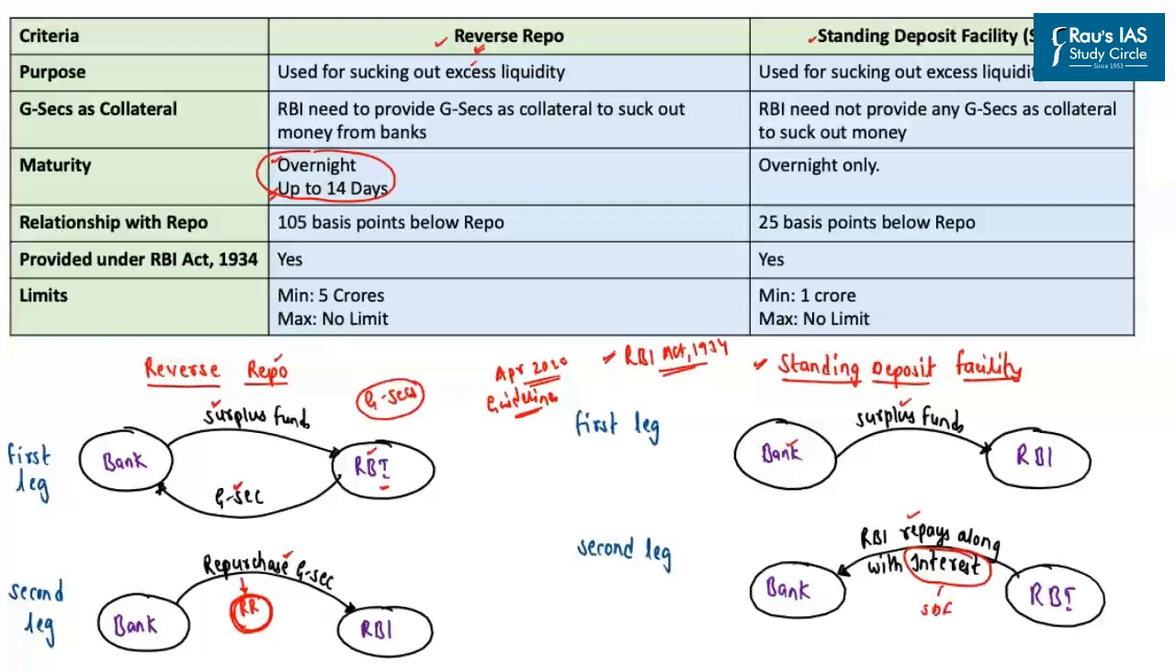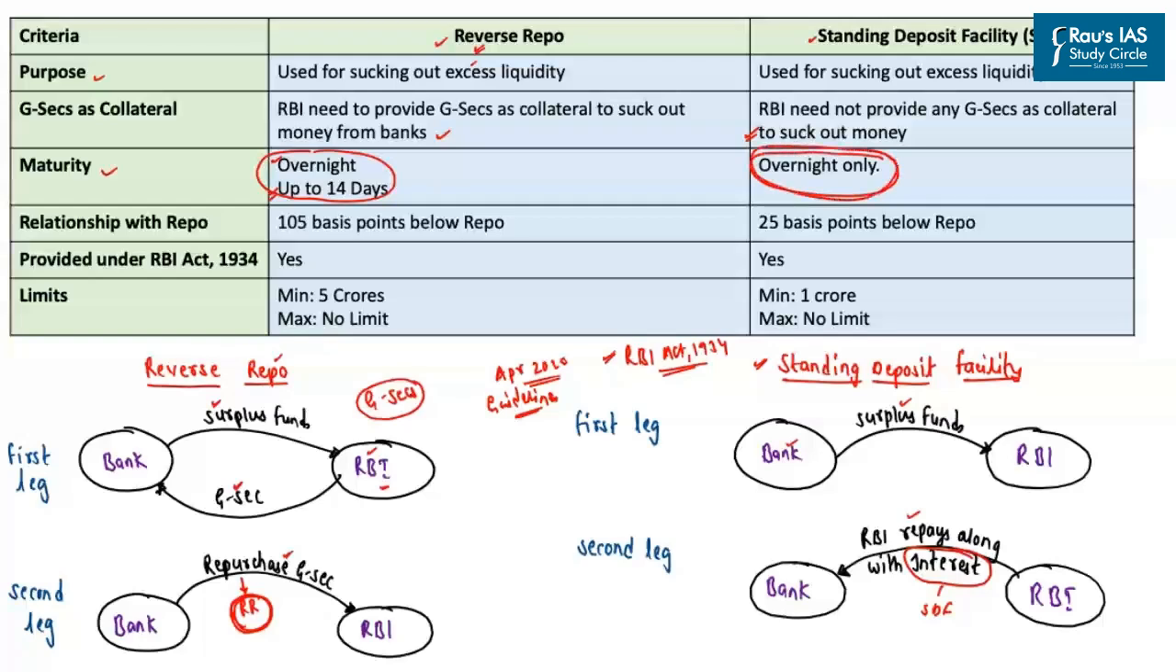So overall, the purpose behind reverse repo and the standing deposit facility is the same. Both of them are used for sucking out excess liquidity. But the difference is, in case of reverse repo, the RBI provides government securities as a collateral. But in case of standing deposit facility, the government securities are not used as a collateral. The maturity period of reverse repo could be overnight or up to 14 days. But as far as the standing deposit facility is concerned, right now the maturity period is